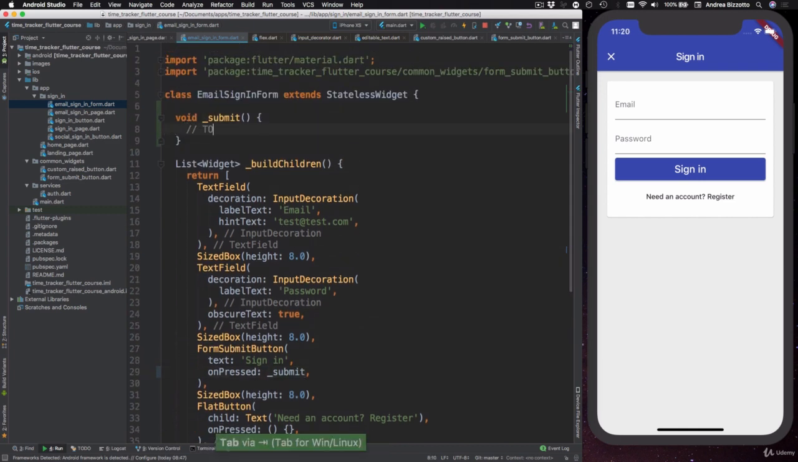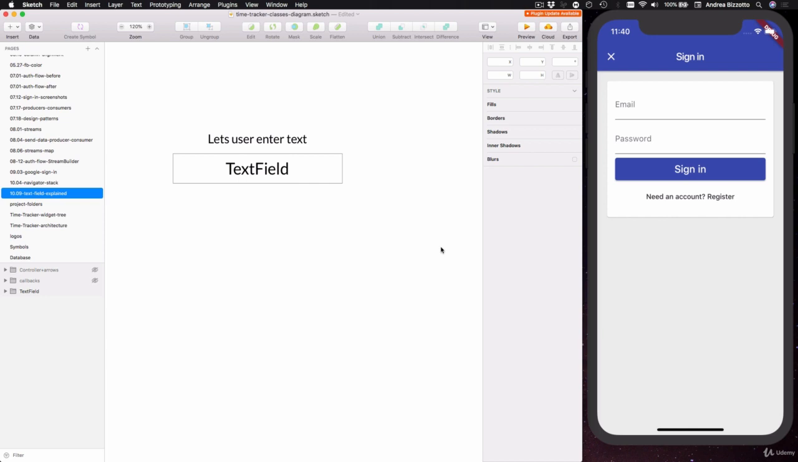Next, let's work out how we can print the email and password. And to do this, we need to learn a little bit more about how text field works. So let me open up a diagram. And over here, I have a box that represents a text field. And this is what we use to let the user enter the text. In addition to this, there are a number of callbacks that we could use to check when the text changes or is submitted. And just so that I can show you how this works, I could get back to Android